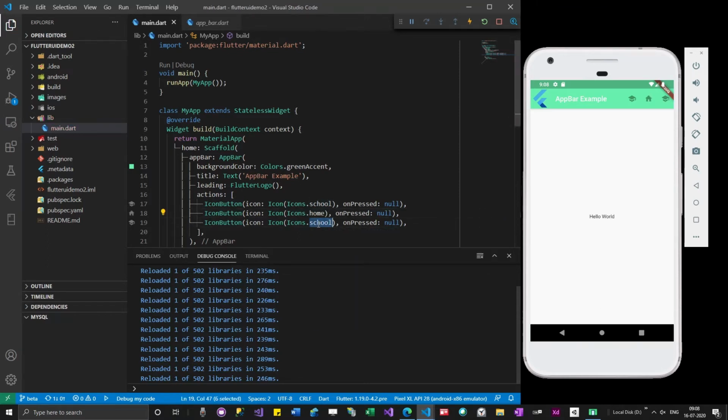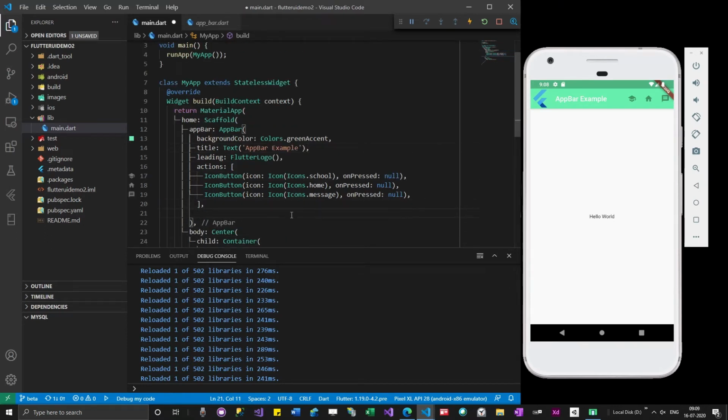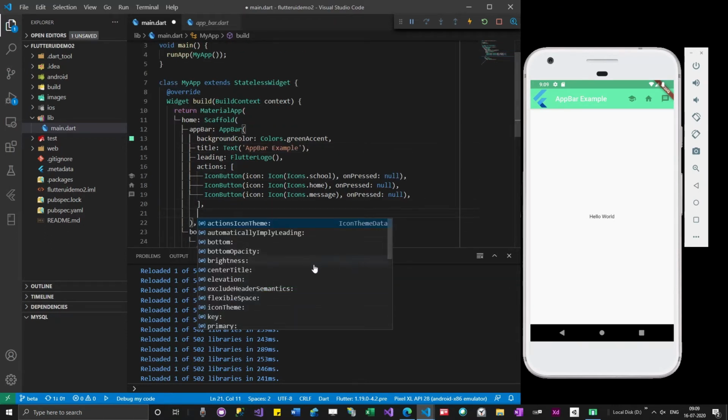Home, message. So the icons are really placed well. So what else could I add?